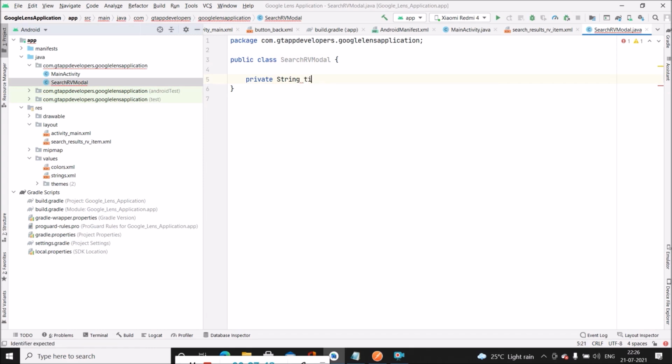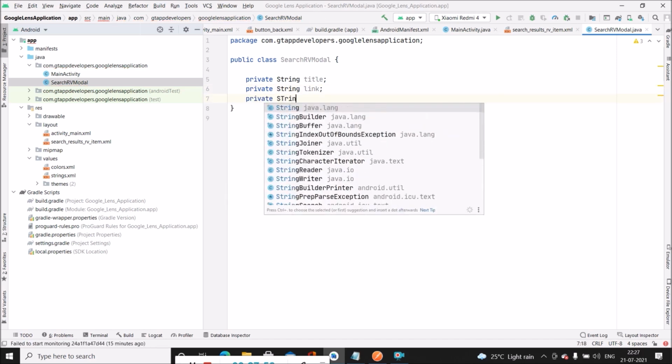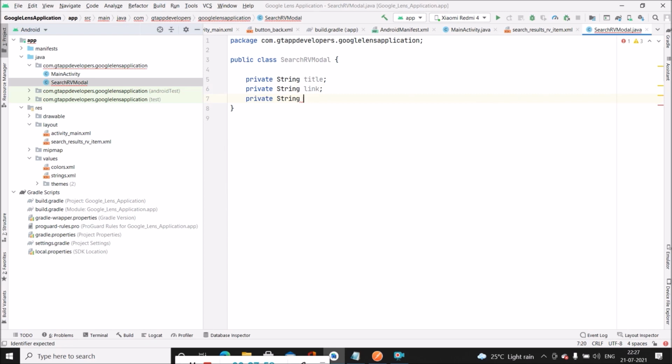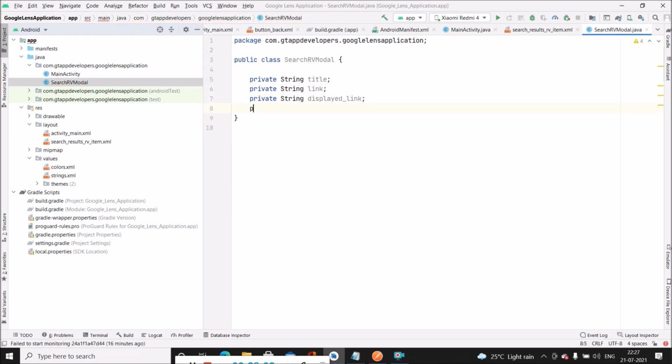So first variable will be for our title, then the next one will be for our link, then the next one will be for displayed link, then the next one will be for our snippet. So these are the four variables which we are requiring.